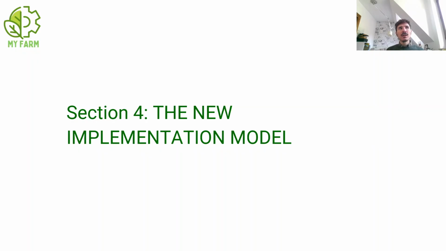Today we will finish delving into the CAP governance and structure model. In the first part, we have seen the governance models of the CAP, the main structure into the two pillars, and we have seen the CAP budget. Now we will finish this section looking at the new implementation model for the programming period 2023-2027, and we will look more in detail at other governance aspects linked to CAP.